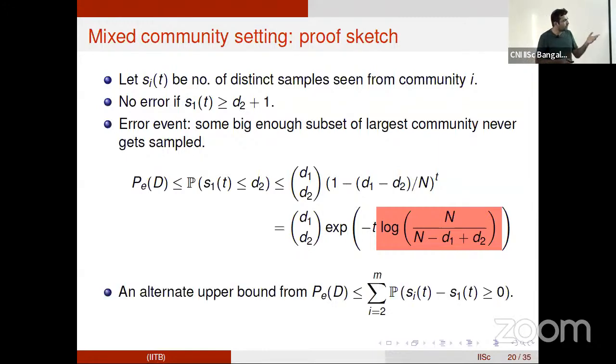So for example, we could use a similar strategy to what we did in the identity-less case, which is we write this probability of error by union bound. We write it as the probability that the ith community sees a larger number of distinct individuals than the first community, and then you try and analyze the individual probability. So now you can't directly use, I mean, this is no longer a sum of IID type individuals, you have to use some other inequalities. In particular, we use McDiarmid's inequality, but it's not difficult. That will also give you an error bound.